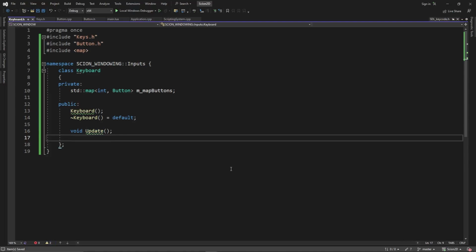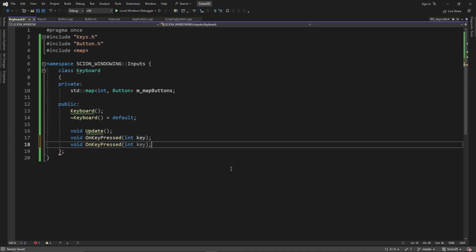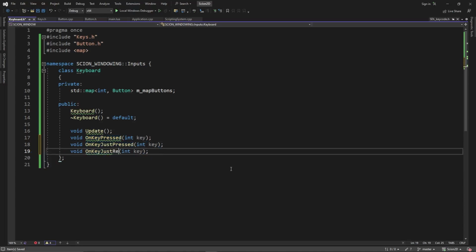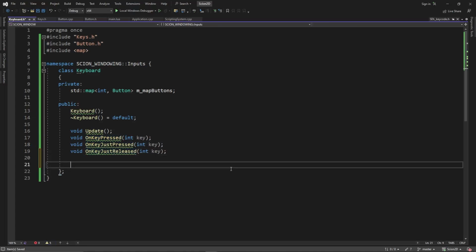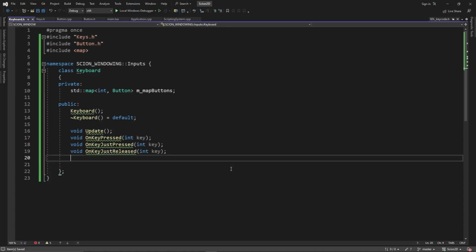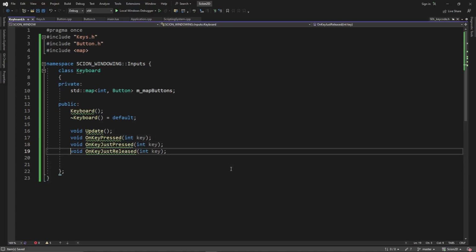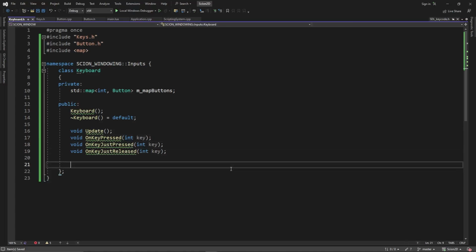All right, so now we have to go void OnKeyPressed. So is the key pressed? And we want to send in the key. And the same for released. So it's pressed, presses are held, and then we have just pressed and just released as well. Cool. We also want to have some getters, not necessarily getters. These won't really be accessible outside in Lua. The only ones that will be accessible in Lua will be bool